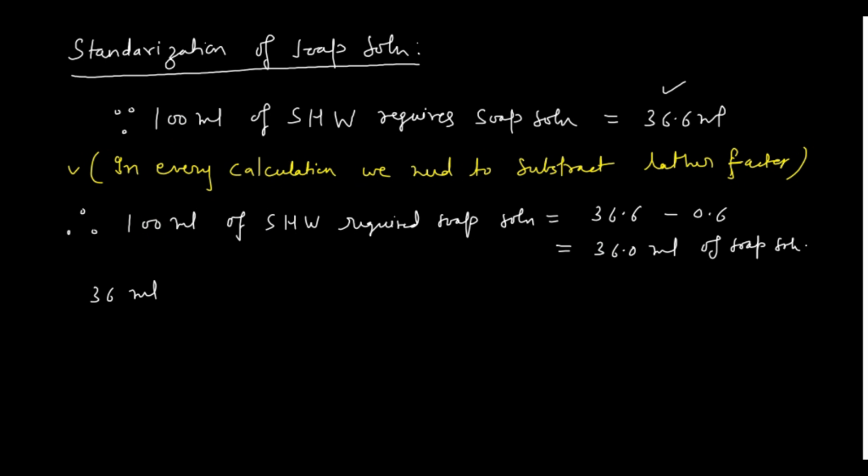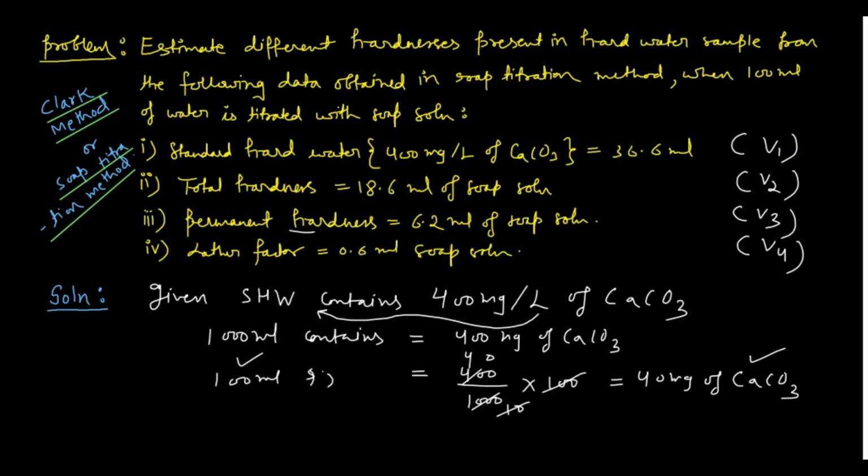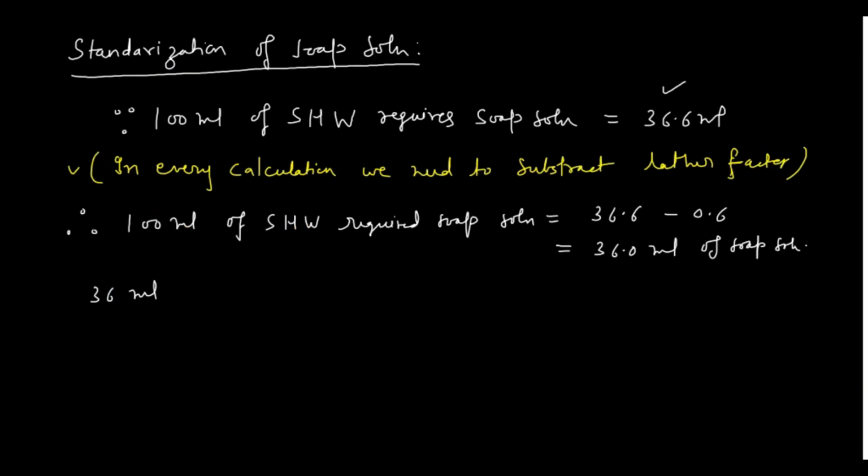If you check here, 40 milligram. 100 ml of standard hard water contains 40 milligram of the calcium, and here your 36 ml of the soap solution is corresponding to 100 ml of the standard hard water. So basically this 36 ml of soap solution is equivalent to how much? 40 milligram of